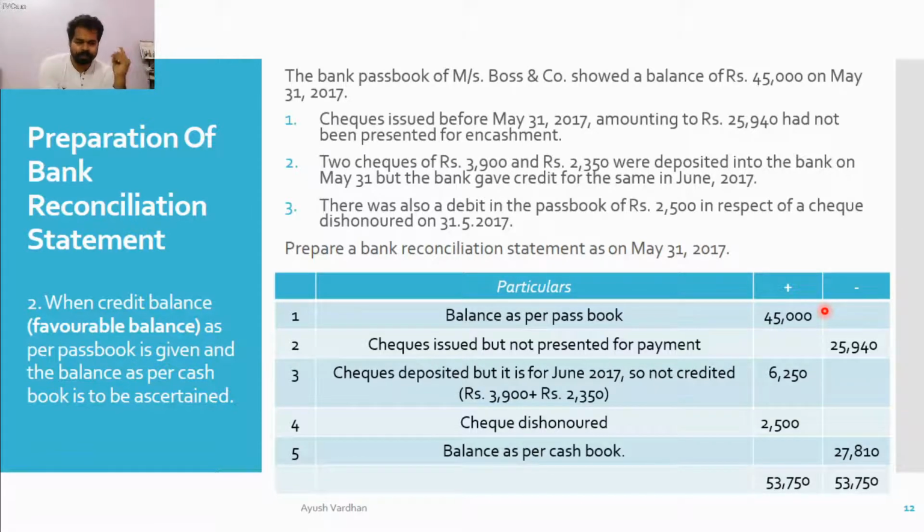Okay. Now we will see the first entry here. And the first entry is related to a check issued before 31st May. So it is clear that the check has been issued before 31st May. So that will come under the BRC of 25,940 rupees, but had not been presented for the encashment. So what happens here is that